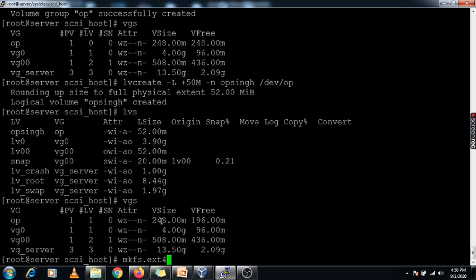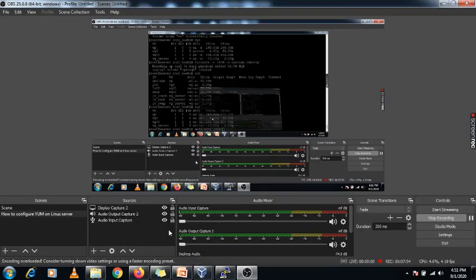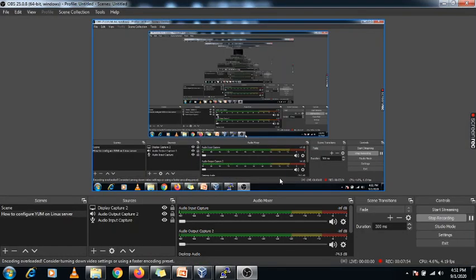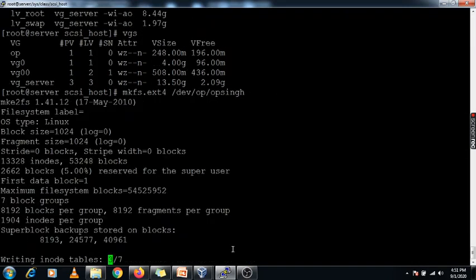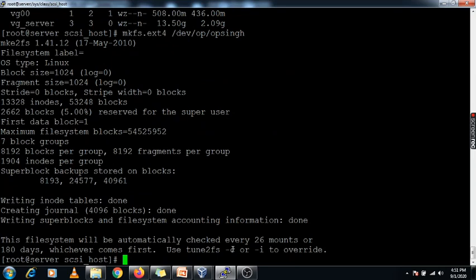So as per your requirement you can use the file system, and giving this LV path /dev/op. Yeah, this is the path. Now it's going to format. Yeah, format is now done.